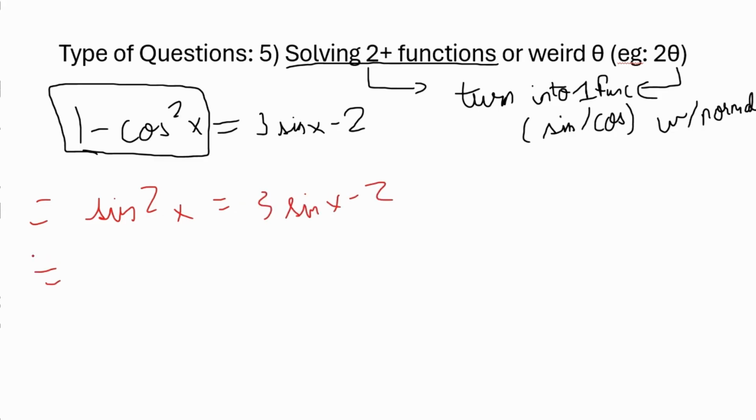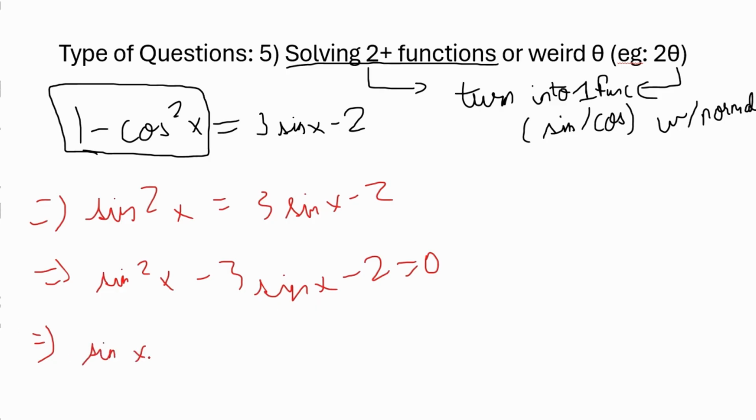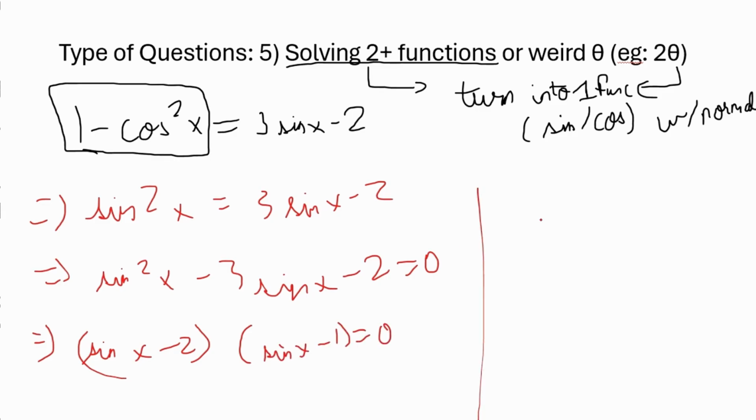Since it's a quadratic, I'm trying to bring everything to one side, so it becomes sine squared x minus 3 sine x minus 2 equals 0. Sorry, my writing's weird, I'm tired. So it's just your normal quadratic. It becomes (sine x minus 2)(sine x minus 1) equals 0, and it becomes sine x equals